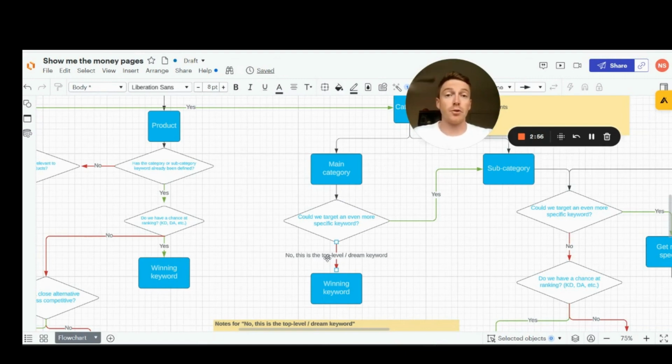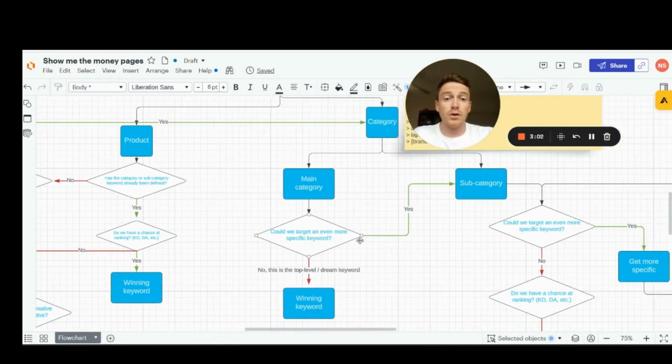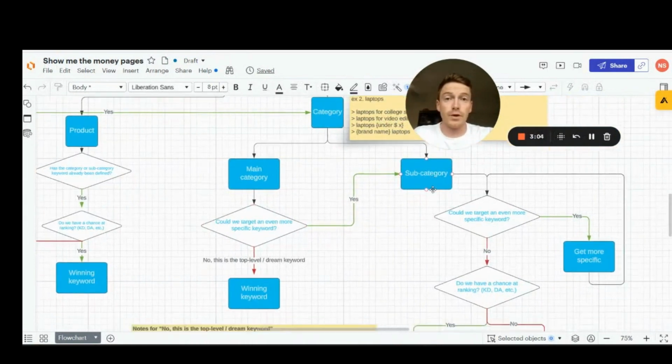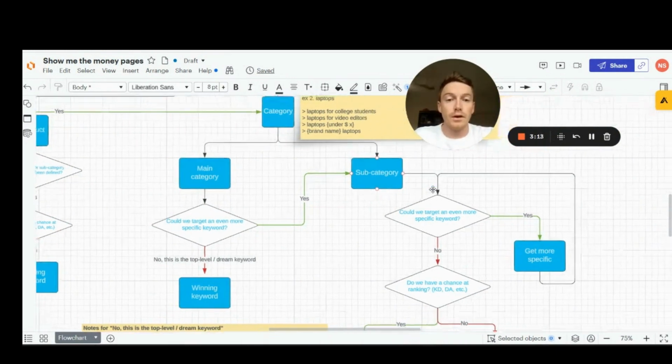So in the case of your brand, you'll have to think about what are the top level categories. If you decide the keyword is more specific than your top level, what you're going to do is come over here to subcategory, right? And it'll serve as a subcategory keyword. And you'll then have to find a keyword that is, which category does it fit under, right? So now that you're in the subcategory,